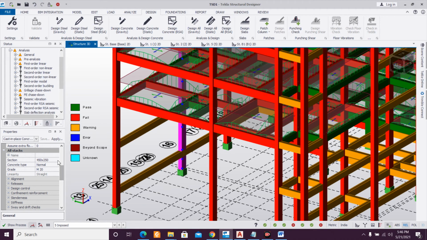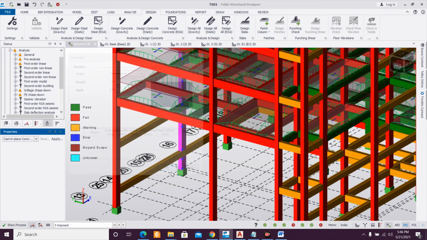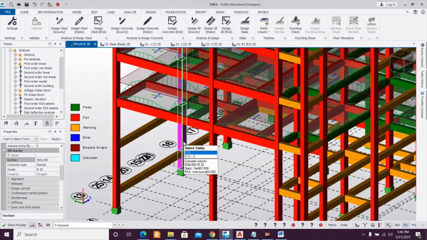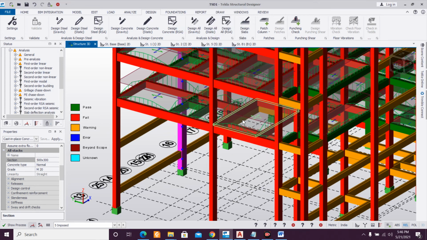So here, instead of 450, let me do this as, let's say, 500. I'll just increase it once, and I can even do this as 300 also. 300. And then design member static.